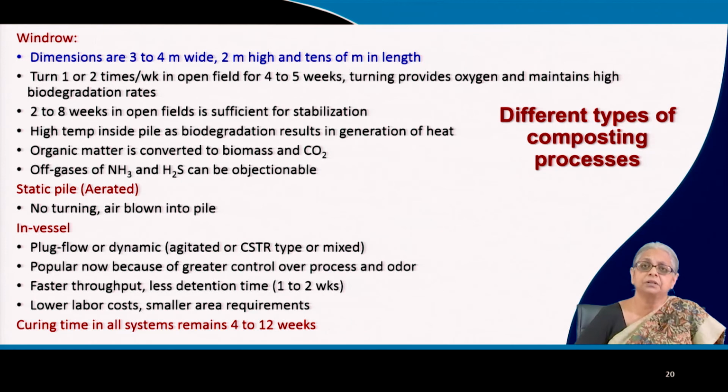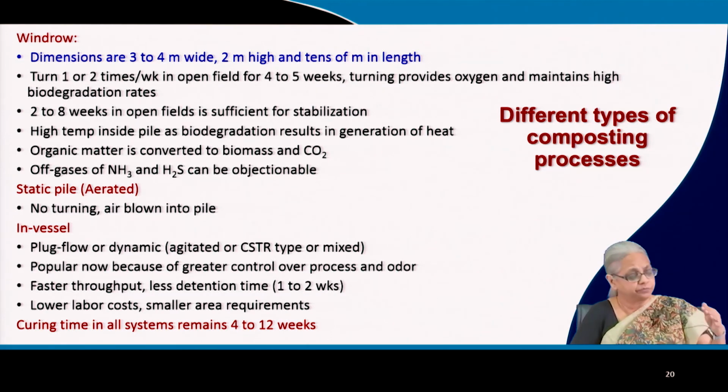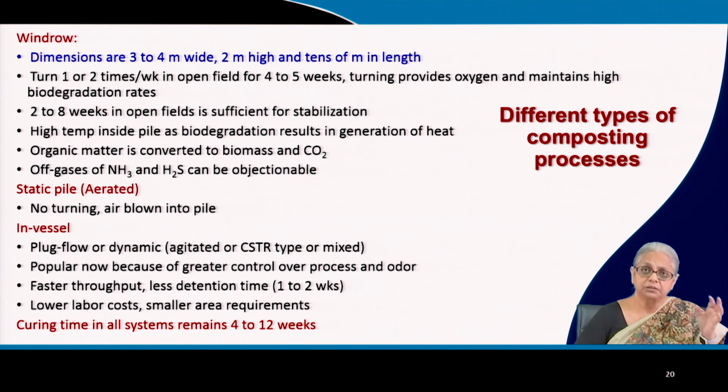And this heat is responsible for destroying pathogenic species. So once your temperature is around 50 degrees or higher, from anywhere from 50 to 70 degrees, you are going to get destruction of any pathogenic organisms that we are concerned about. So this heat generation is crucial to the success of the composting process,